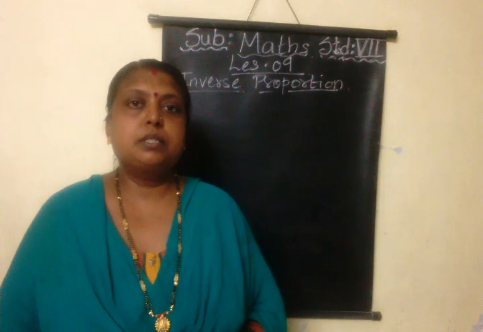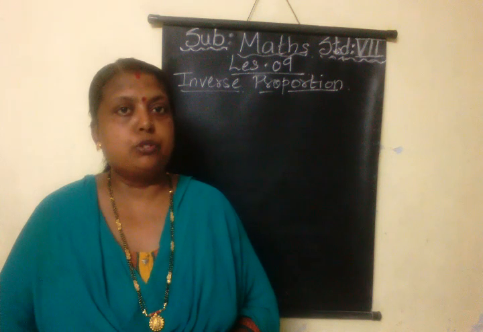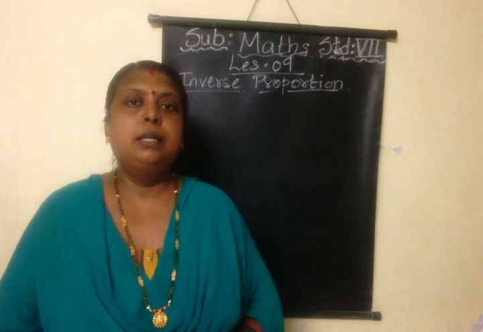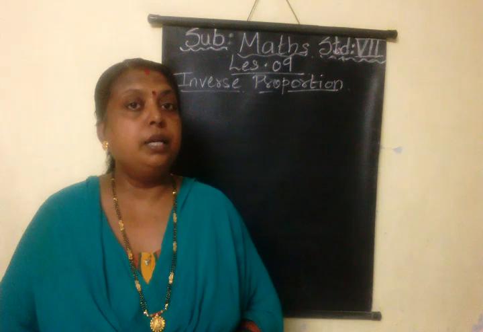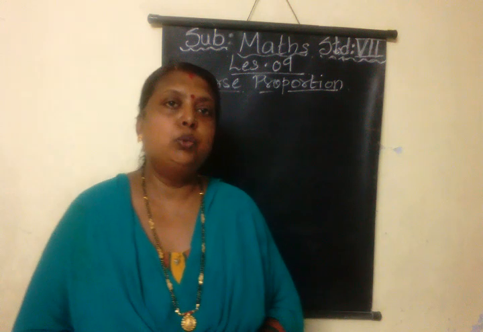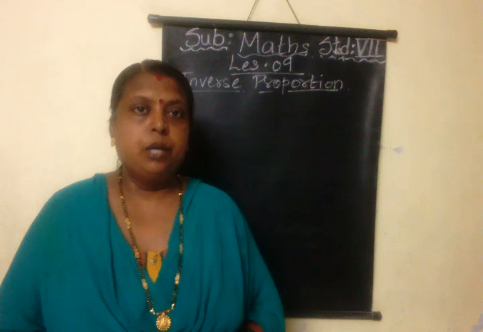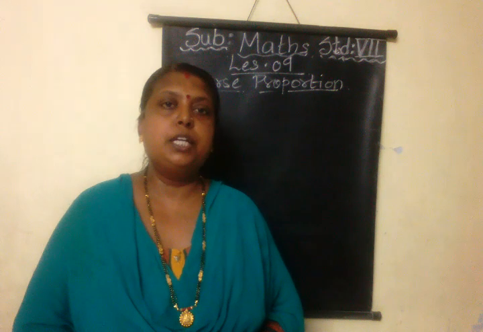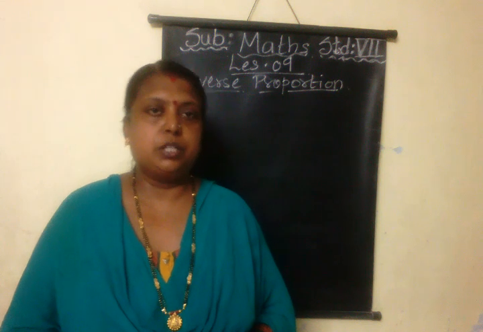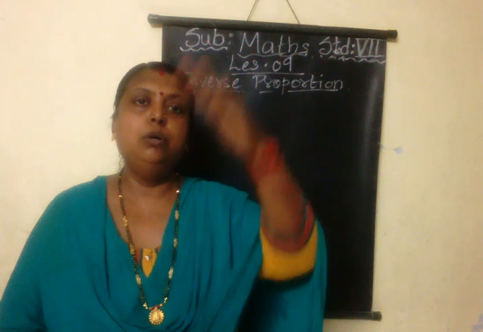In our previous lecture we have learned about direct proportion. We are studying lesson number 9 in the second semester, first lesson. Lesson number 9, that is direct proportion and inverse proportion. In direct proportion we have learned, children, that two quantities vary in ratio. Means if the ratio of two quantities is constant, then it is an example of direct variation, in which when one quantity increases, the other quantity also increases.